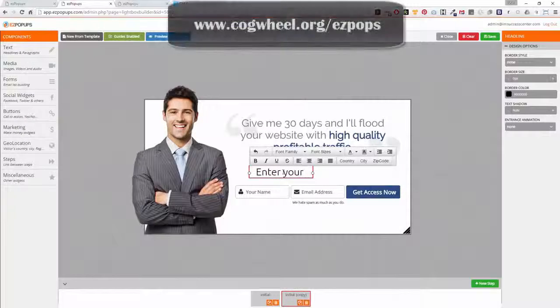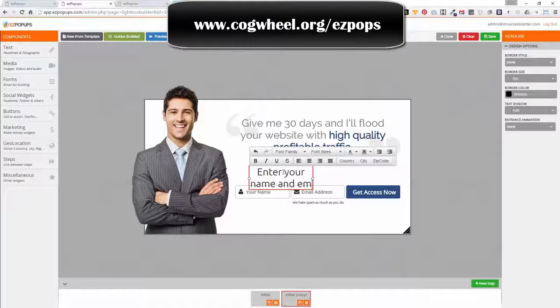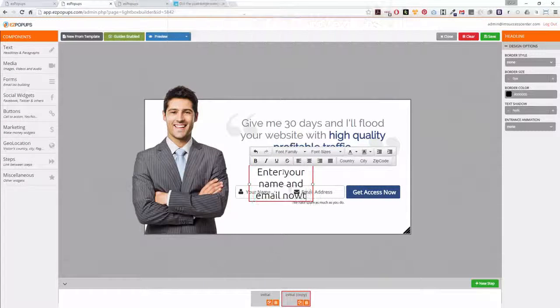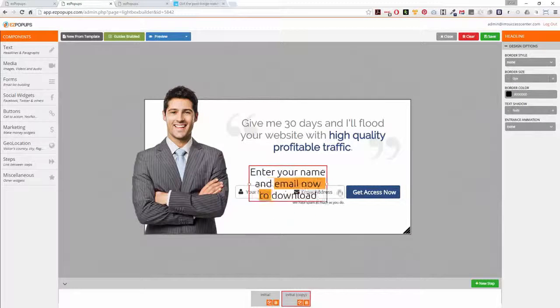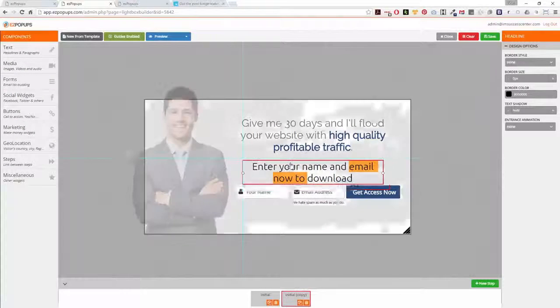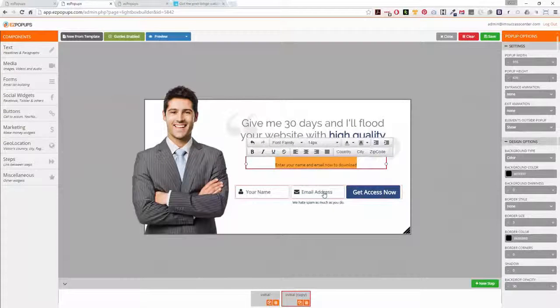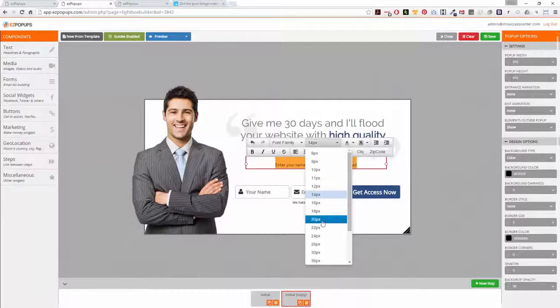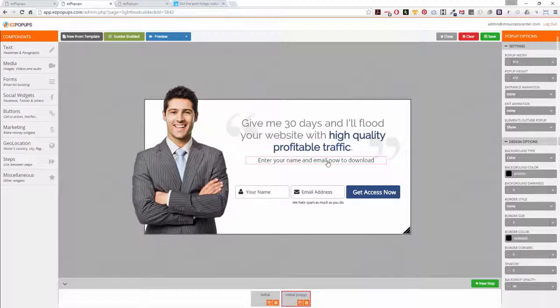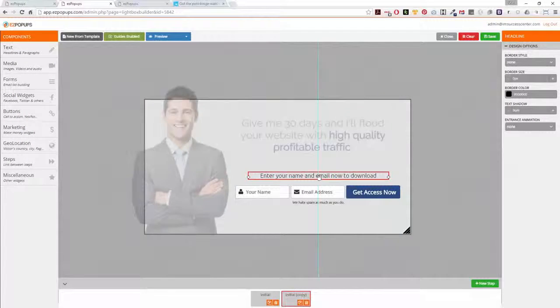Enter your name and email now. I can turn off name fields. I can have it just email only to download, and just grab it. Okay, and just looking at that, I need to shrink that down a little bit and maybe not that much. So you can see very quickly, I mean, with very minimal design skills, I can create